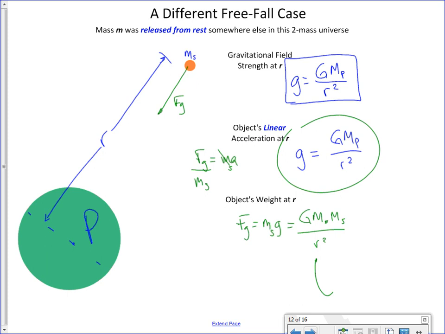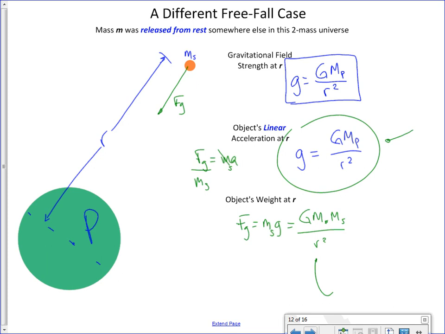These are way harder to do kinematics problems with. You can't say, okay, it's released from rest, and how fast will it be going after traveling a certain distance? The problem is a isn't constant, so it doesn't work that way. The acceleration keeps getting bigger and bigger because g keeps getting bigger and bigger. So you can't really do kinematics problems like this. You need to do calculus, but they're certainly solvable, just not with our math.